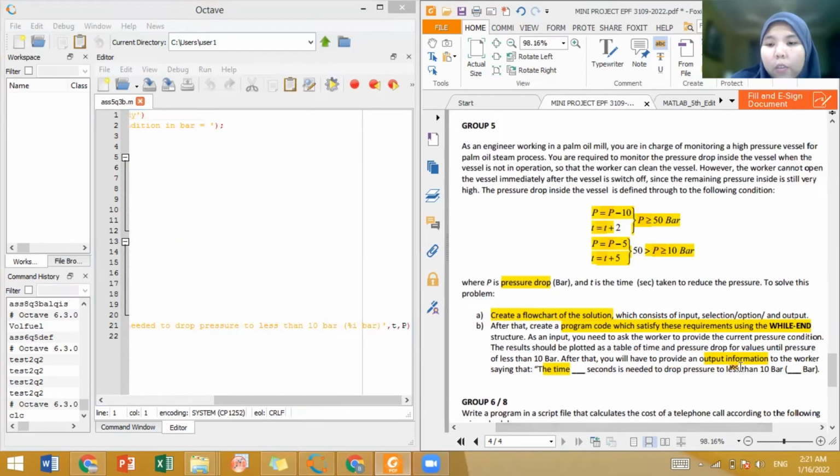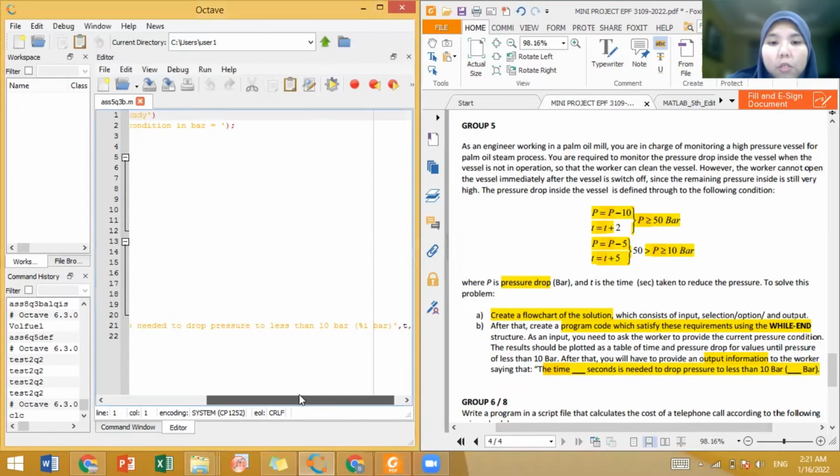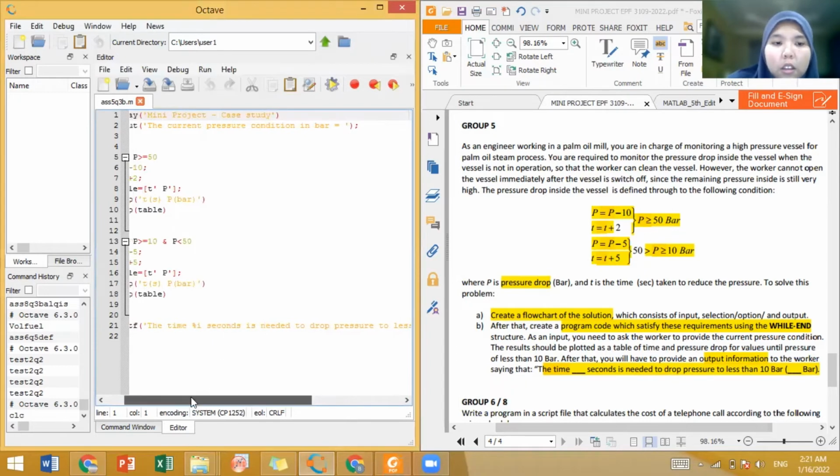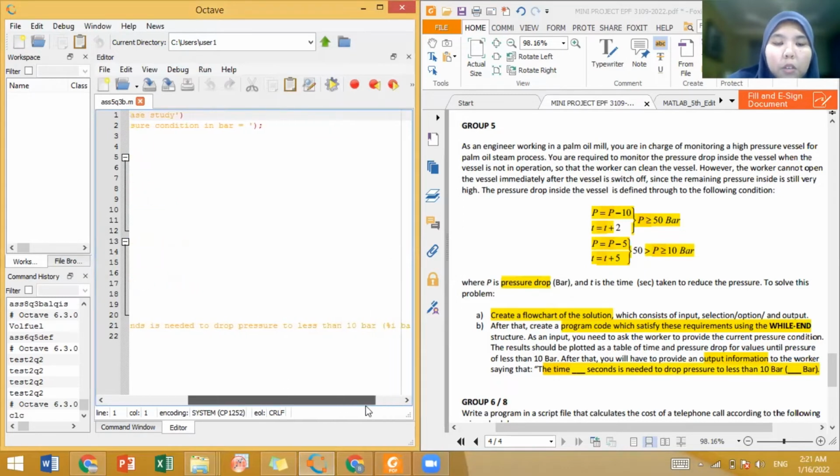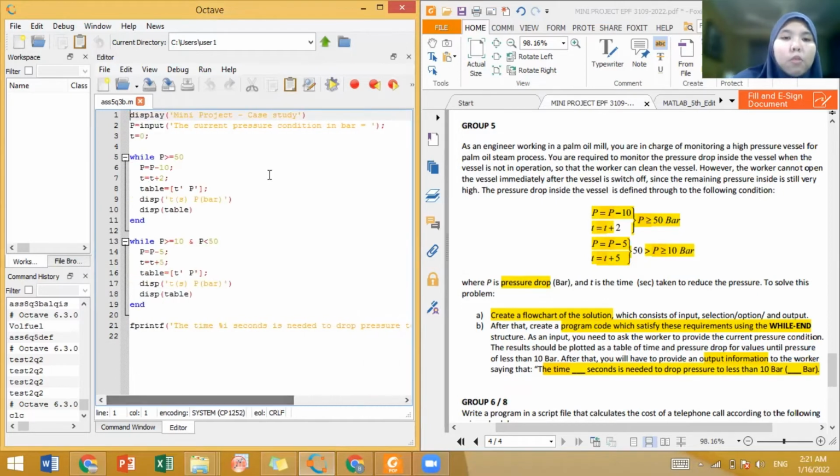After that, you will have to provide output information. This is for the output information here. fprintf. Okay, we will have to provide the output information, so we will use this one. This fprintf, the time in seconds needed to drop pressure to less than 10 bar, with seconds and bar. Okay. So when we run it,